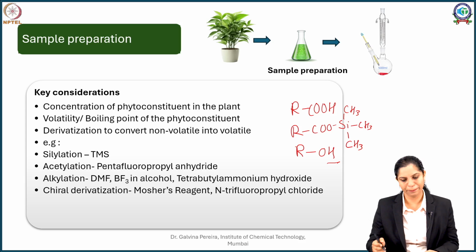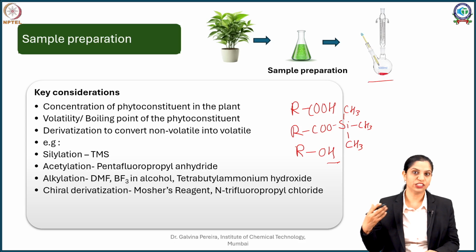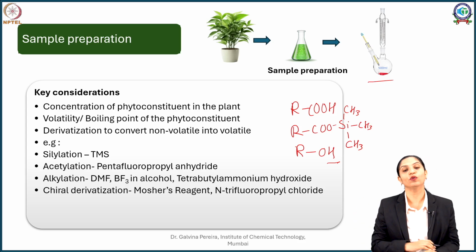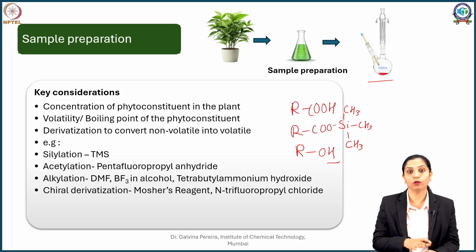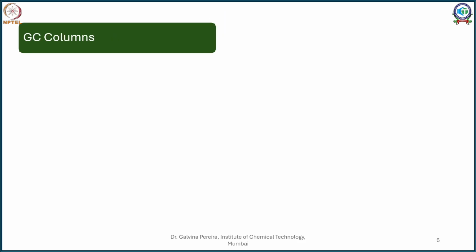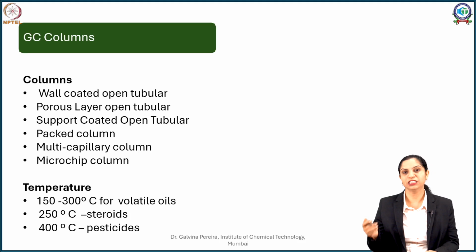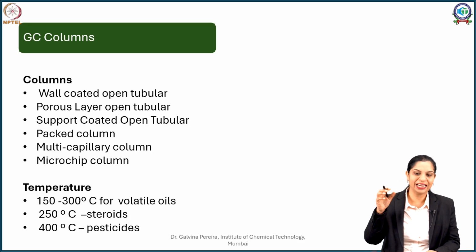You can take your sample and allow it to react with the derivatizing agent. Once the reaction goes forward, you will get these compounds. Prepare this reaction, get your sample, and analyze it by GC, and you will have much better results because now your compounds are more volatile, and some of these derivatizing techniques also convert your compounds into more stable derivatives. Now, not going deep into this, but there are different columns which can be used in gas chromatography. Sometimes these columns can be entirely packed columns.